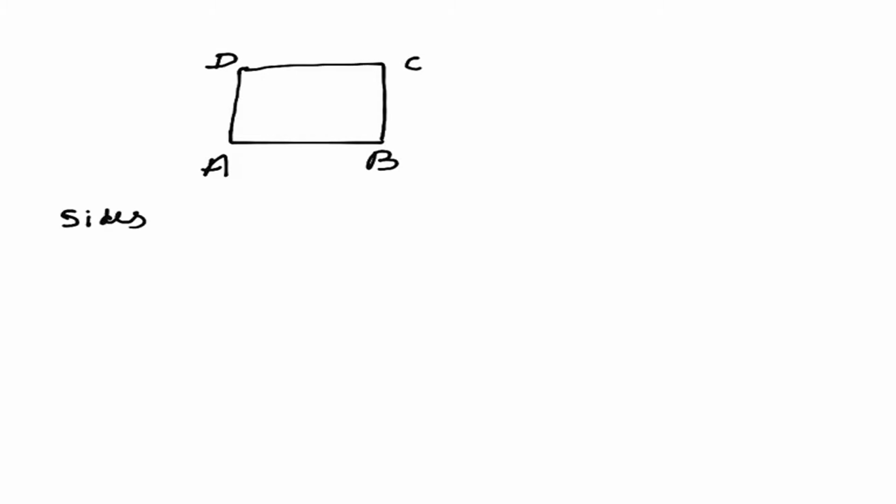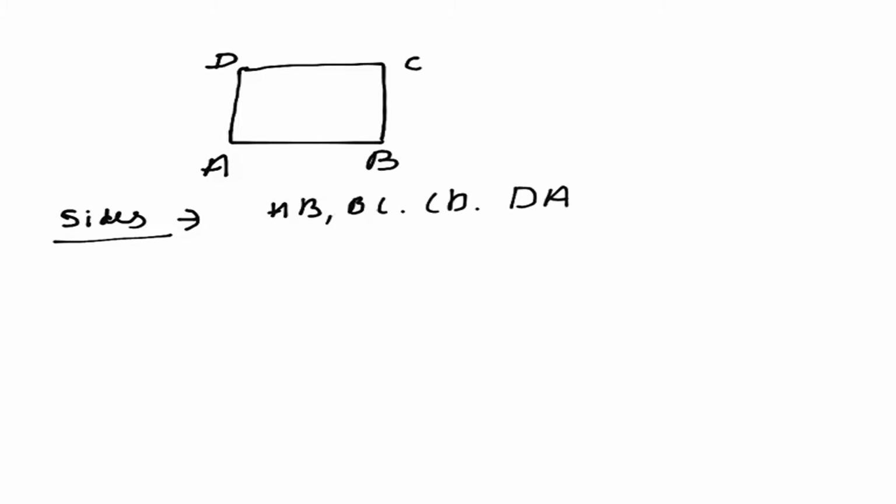Now next, here I am making one quadrilateral. With the help of this we will learn the different terms that are associated with any quadrilateral. Let's name this quadrilateral as A, B, C, D. So now first of all, sides. What are the sides of this quadrilateral? The sides of the quadrilateral will be these four line segments, that is AB, BC, CD and DA.